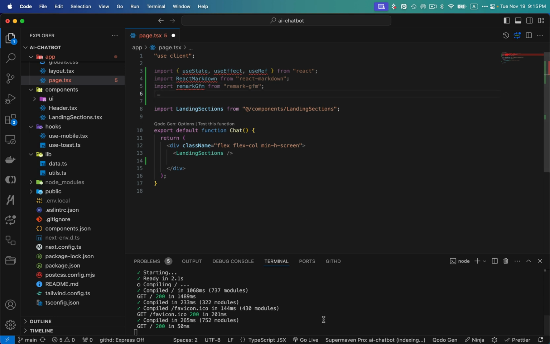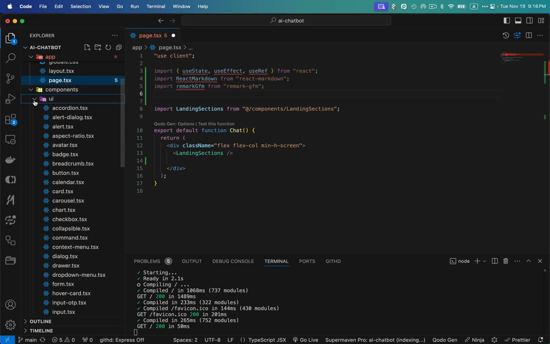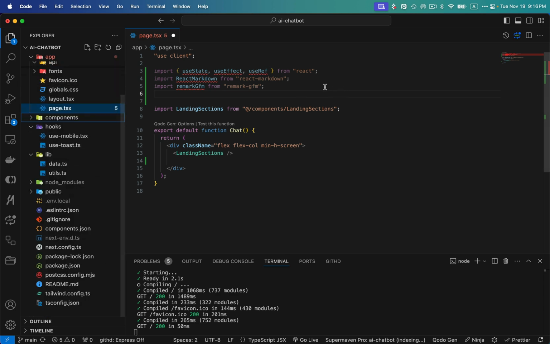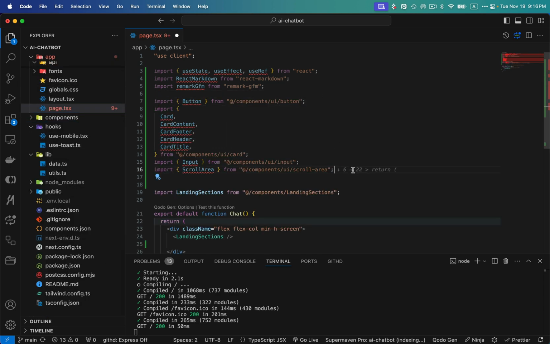You don't need to manually install from the terminal before importing these. Okay, after that, let's import a few UI components from the shared shadcn, which are already added here inside the components and the UI. These are already added in the repo which I have shared with you. Maybe you can pause the video and just import these things: button, card, input, and then the scroll